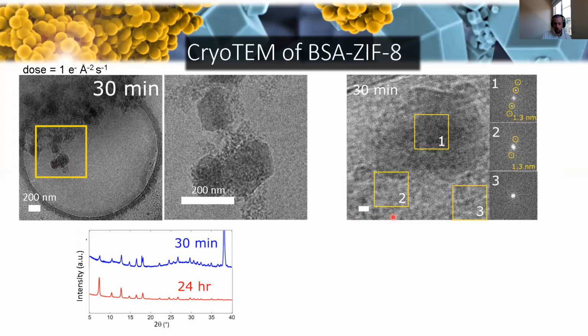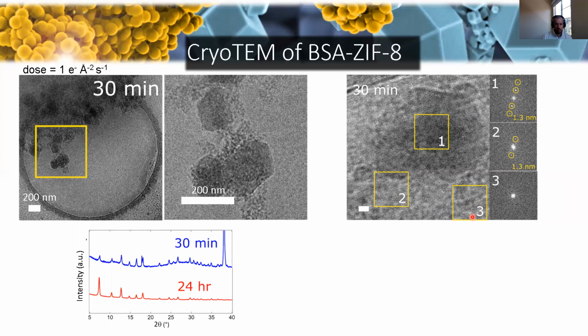So this is high resolution CryoTEM. And what we can see within these networks, again, is lattice spacing, which conforms with ZIF-8. And this lattice spacing extends all the way out to the jaggedy edges of these particles. But if we move even slightly away from the surface of these crystals, we don't see any lattice spacing anymore. It's actually not that clear in this image, but there is a particle inside this box that is not displaying